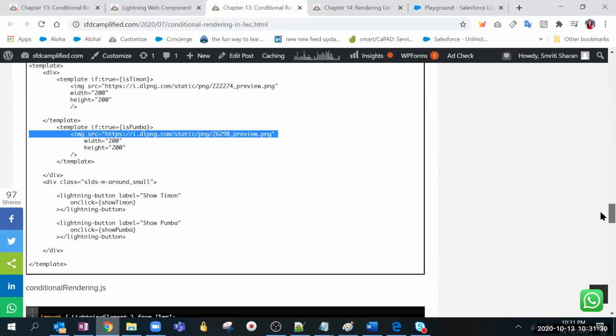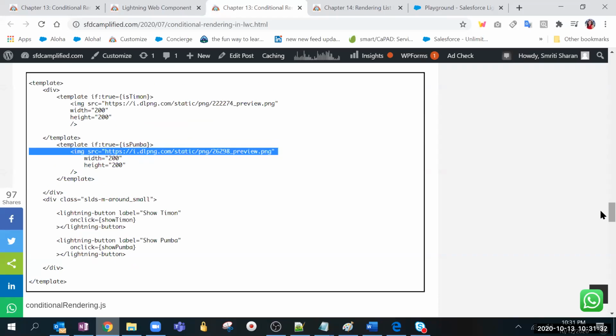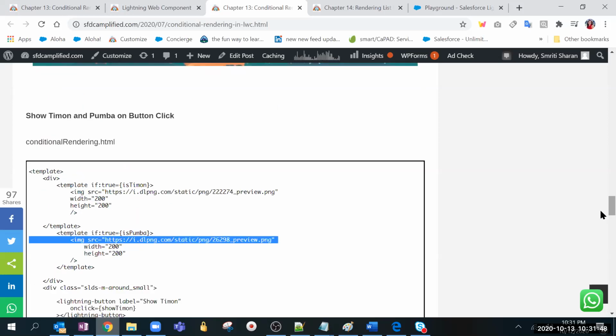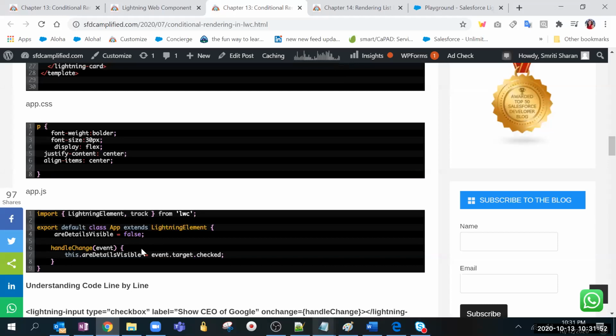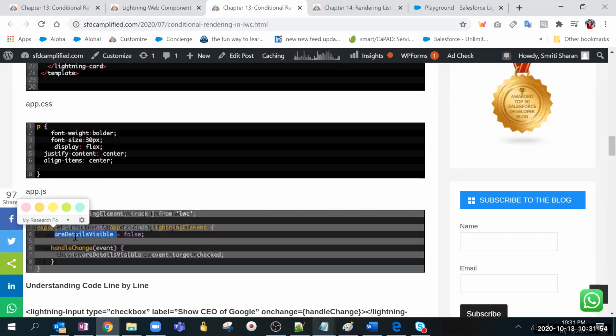Shruti, one question. In this HTML, JS, like the old one, what we were doing, the conditional rendering. Here I used are details visible for if true. But Gyan was using something else, right? In if true. So we can take like that, anything. Yeah, that is a user defined variable. Define any variable, whatever you want.